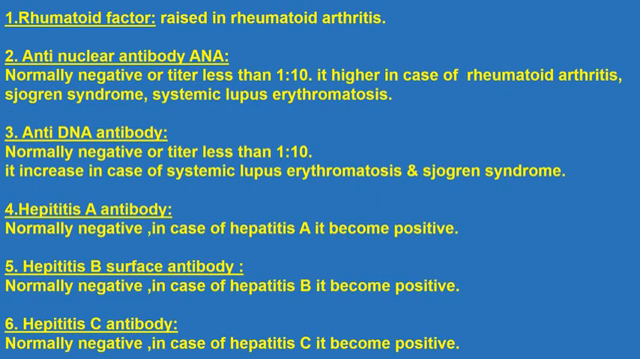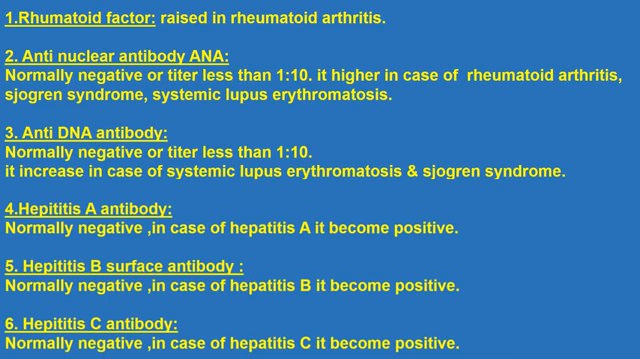Immunological tests include rheumatoid factor, which is used for diagnosis of rheumatoid arthritis and would usually be positive in a patient with rheumatoid arthritis. 2. Anti-nuclear antibody, ANA. Normally it is negative or its titer is less than 1 to 10. It will be positive and high in case of rheumatoid arthritis, Sjogren syndrome,